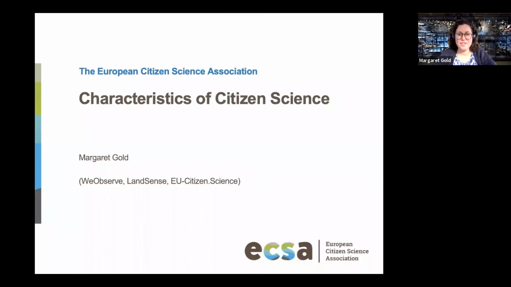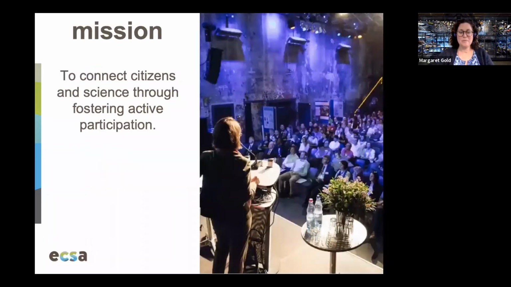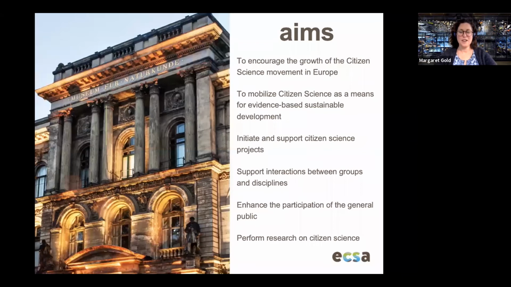So thank you so much for inviting me to join the very first webinar of the Citizen Science Lab. That's really quite exciting. You'll see in my background that I'm pretending to be at the Museum for Natuurkunde, where the European Citizen Science Association is based. This is our beautiful office building, and pretending to be behind me is the biodiversity wall at the museum. In fact, I'm actually physically based in Leiden as well. So I'm also a member of the Citizen Science Lab team here at Leiden University.